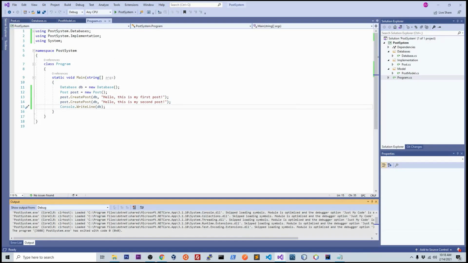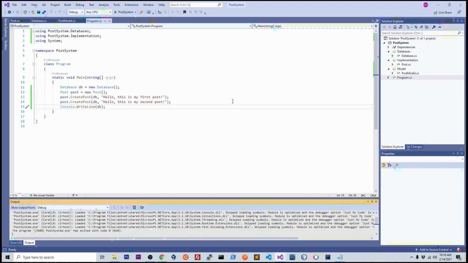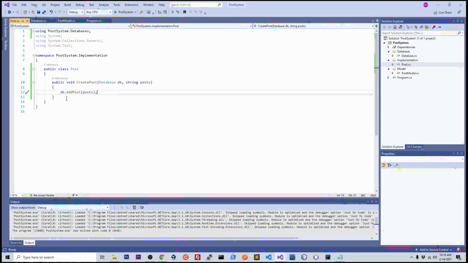Okay, now let's say you have some more requirements. This is printing out to the console, but you do want to save it to a file, let's say. So what are you going to do if you want to save all those to a file? The simple thing is you will go into the post, and over here you'll just create a new method, something like public void LogFile,